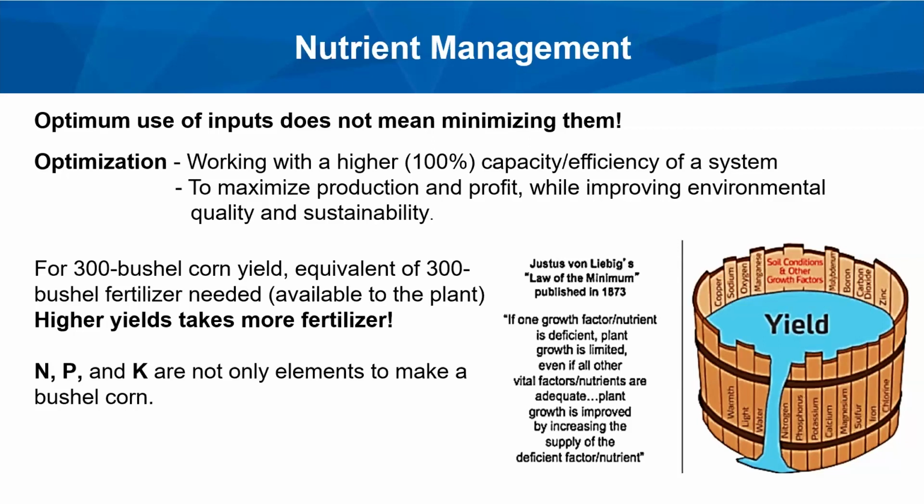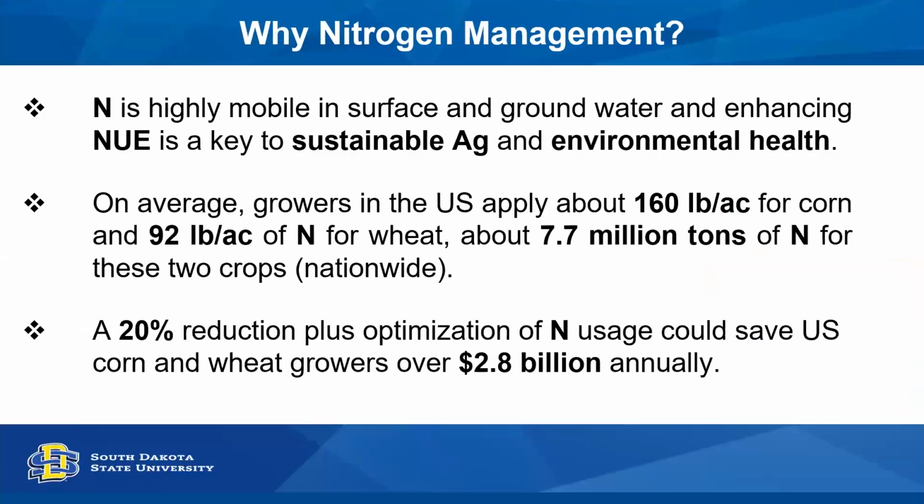Most of the time, one limitation limits your production. We have to find out what that limitation is. So why is nitrogen management important? Nitrogen is highly mobile, and if we don't prevent leaching, even though we are thinking about profit and increasing yield, the nitrogen will leach to our surface and groundwater, and it would be a threat to sustainable agriculture and our environmental